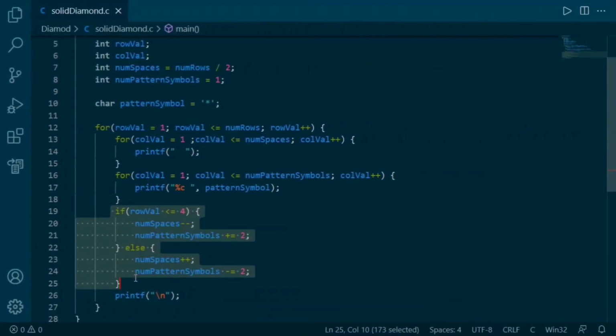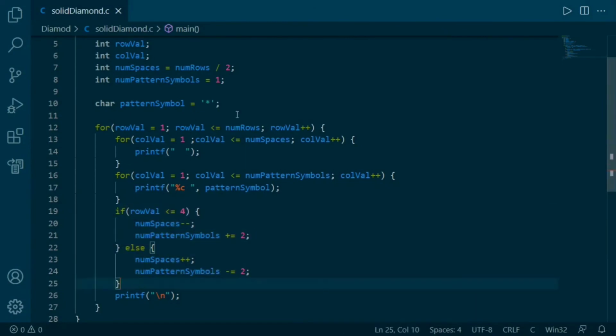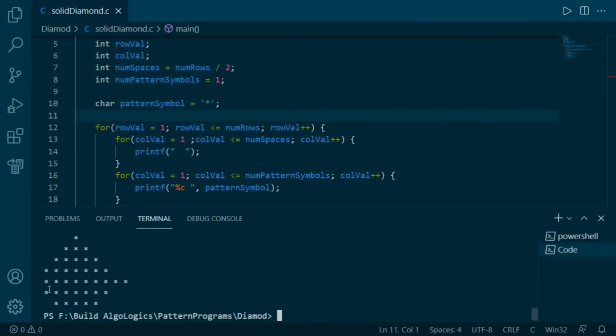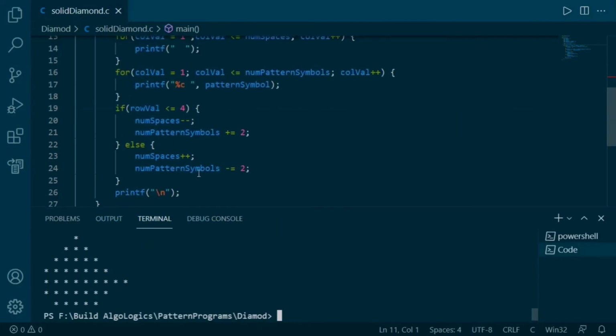So now our code will look something like this. Here we are checking this condition after printing each row. Now run it to see the output. It seems like we made a mistake. Yes, we did. As we know, we are coming here after printing the first row, so we have to reduce this value by 1, meaning instead of 4 we have to use the value 3 here. Now run it again and see the output, and yeah, we get the diamond pattern printed here.